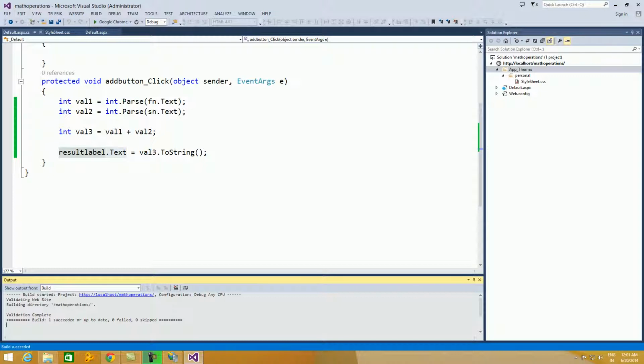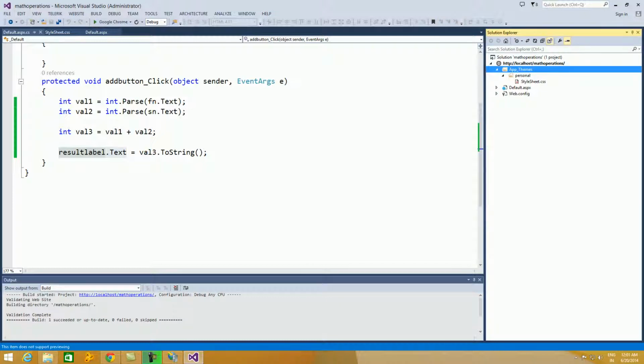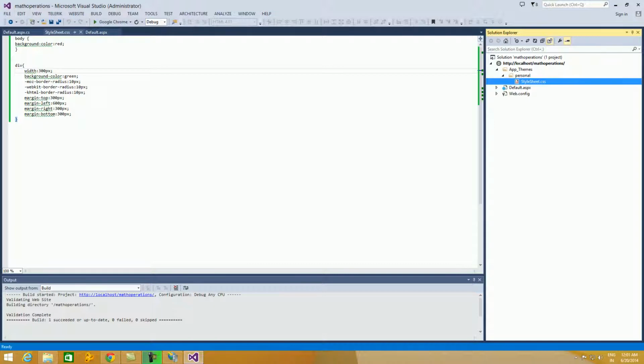So let us go to the IDE once again. So this is our solution explorer, this is our solution, this is our web page, this is a special folder recognized by ASP.NET. So all the themes for the website are below this app_themes folder. So we have given a name to the theme, personal, and this is a style sheet below that folder.